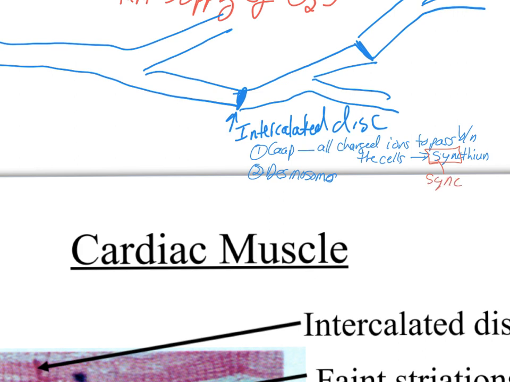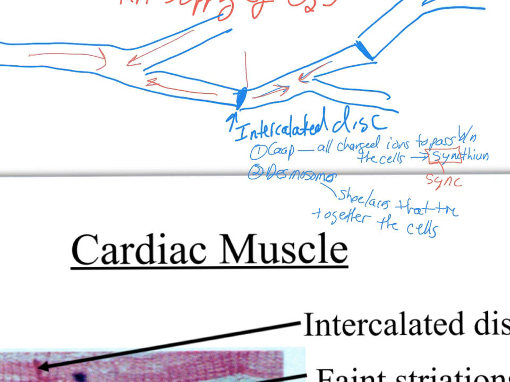It allows the cells to sync up so that they all contract as a single unit. Desmosomes, remember I described them as shoelaces, tie together the cells. These cells, when they contract towards their center,